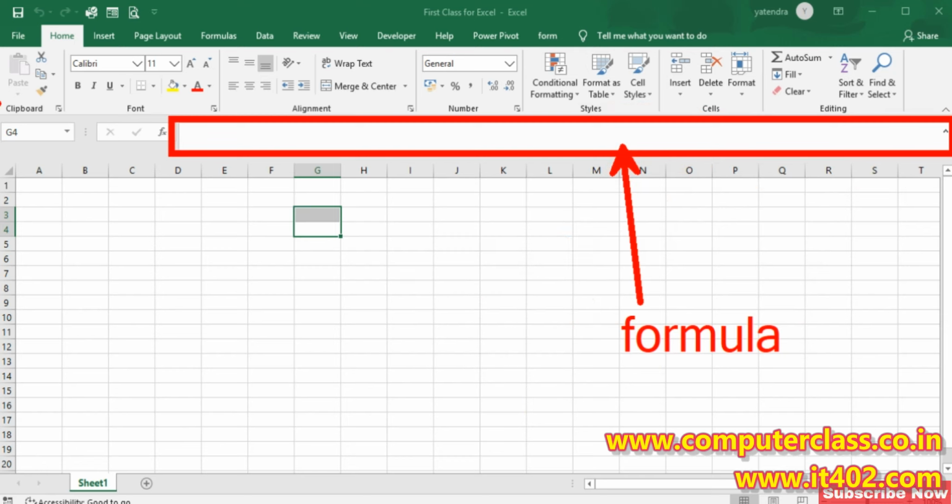This is the name box. What does the name box show? The name box shows the selected cell range or selected cell address. You can say the cell address. If I click on H4, suppose I click in this particular cell, or on this particular cell H9, here it will update to H9. So after clicking any cell, in the name box we can easily see which cell we are on.